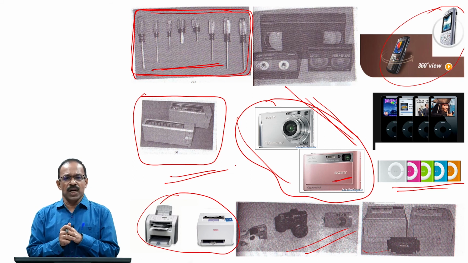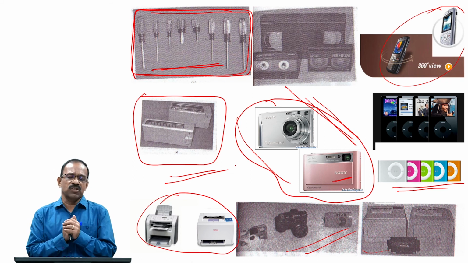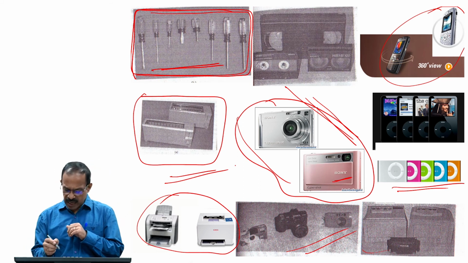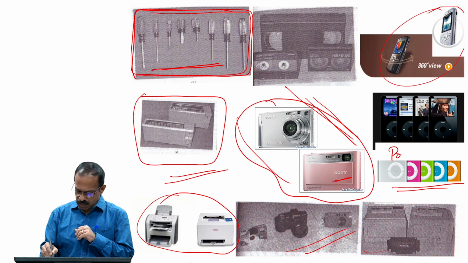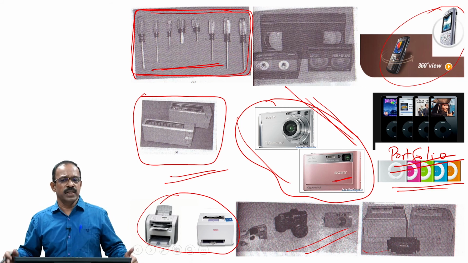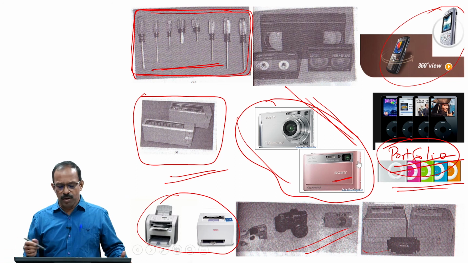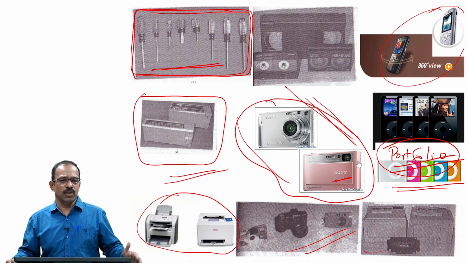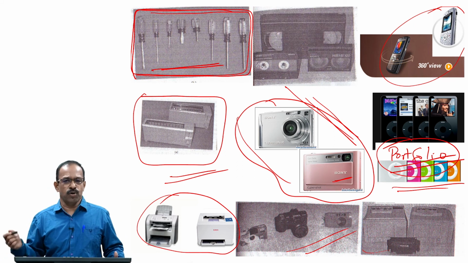So, whenever we talk about the architecture of a product, there are two important things coming into this domain. One is known as the portfolio architecture. Portfolio architecture is the family of products, or how many products there are to be in the family, or what are the products the company wants to bring out in order to meet a particular customer segment or a particular population.